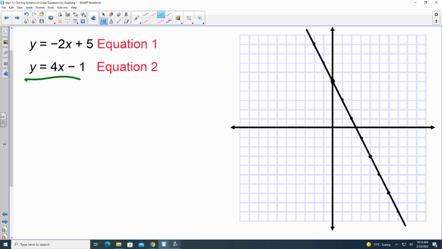Now I'm going to look at the next equation, the second equation. So it looks like it's at -1, and it says 4 is my slope, so it goes up 4: 1, 2, 3, 4 to the right 1. And this is nice because one of the spots seems to already intersect, so we can kind of use that as our